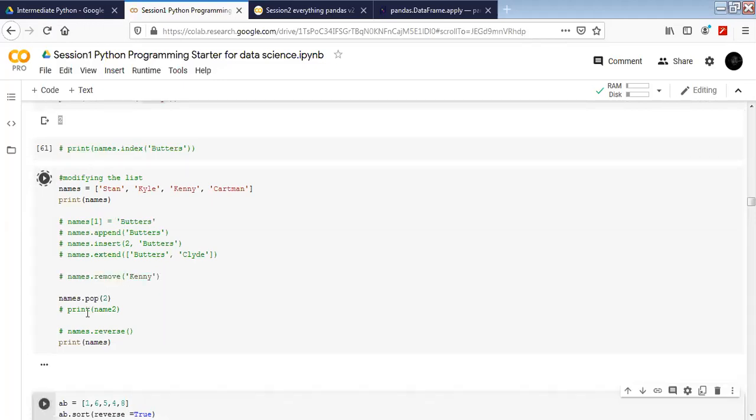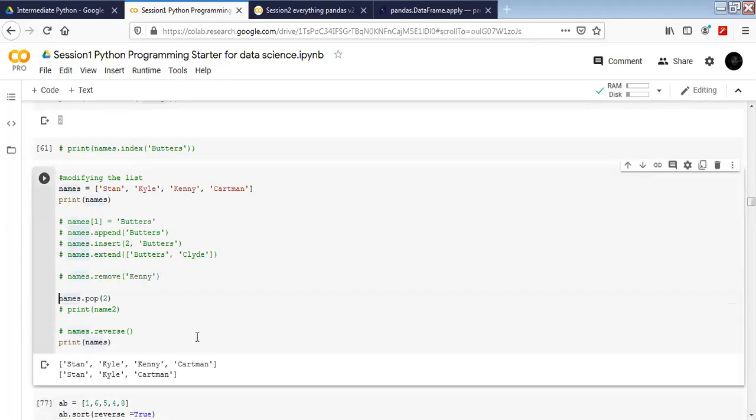If you don't assign this pop to anything, it's just removed from the list. Keep it in a list, Kenny and anything else, the multiple values you want, after Kenny. Here in a list, we can remove it, right?